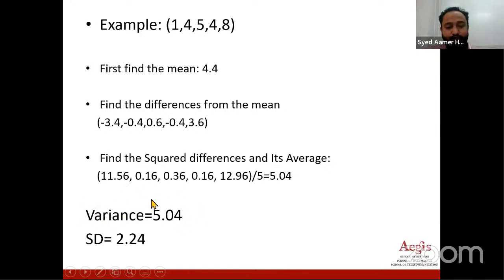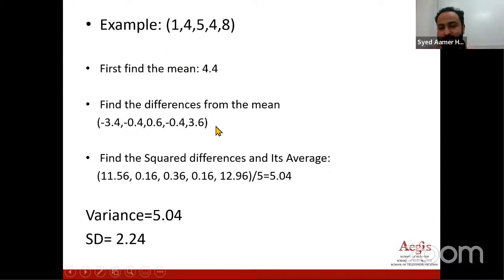Now, you just have to take the square root of variance. From that, you'll be getting what? Standard deviation. So I hope you got how to get a standard deviation. Again, I'm repeating: from the data set, the first thing you have to do is find the mean value. And from the mean value, you have to find the differences between all the points and the mean value.